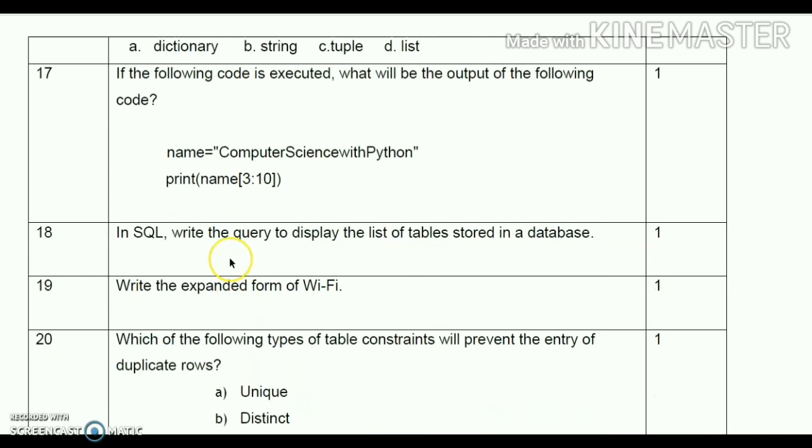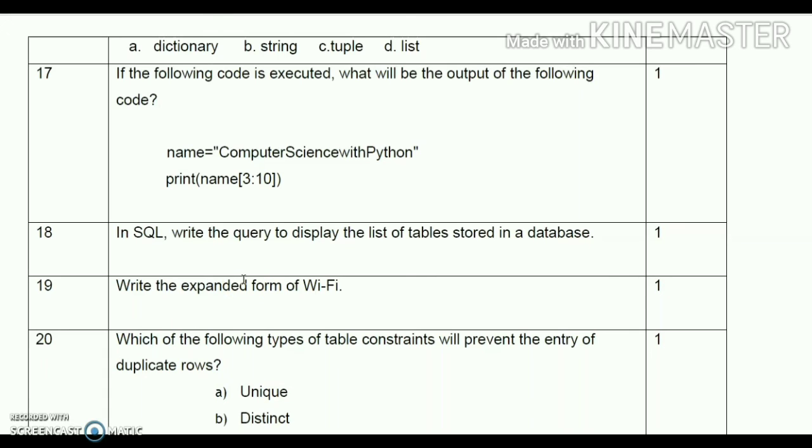Then question number 18. In SQL, write the query to display the list of tables stored in a database. You can use the statement SHOW TABLES.